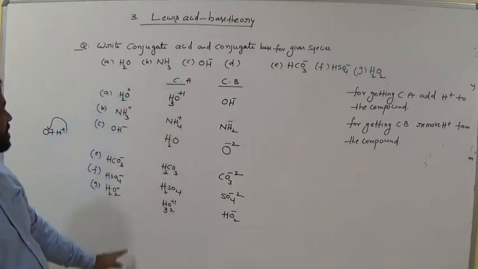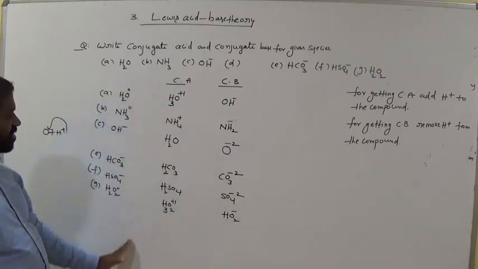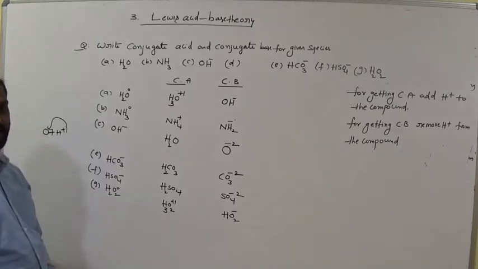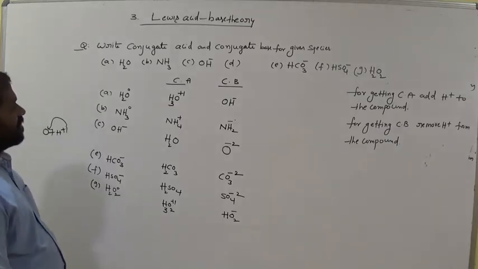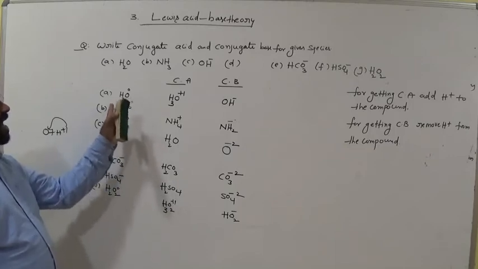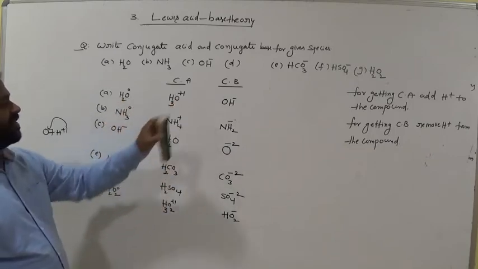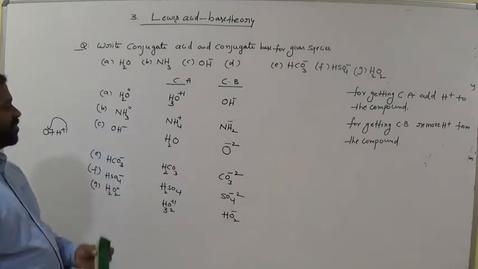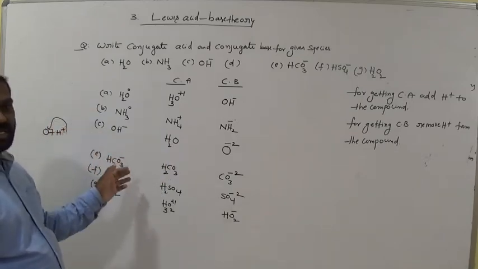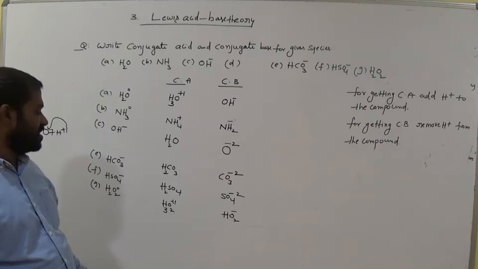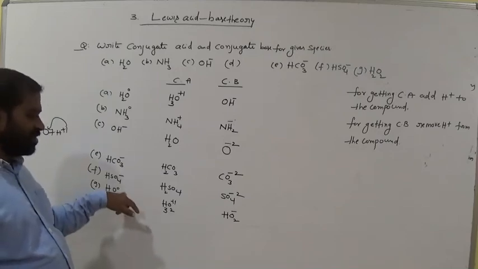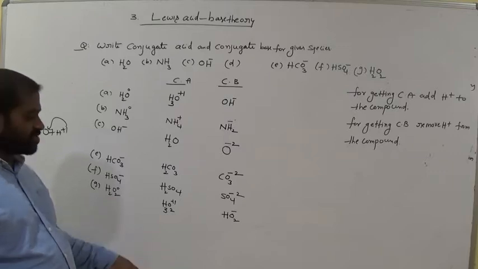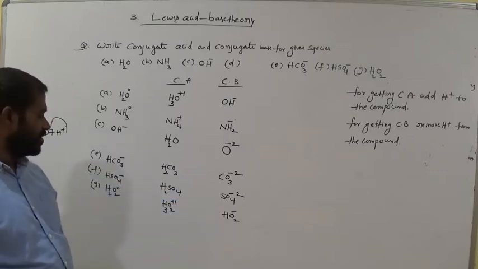So the conjugate acids and conjugate bases of these compounds are these. Is it clear, ma'am, all of you? For H2O, add H plus, then it becomes H3O plus 1. For the conjugate base, we remove H plus. Remove H plus means to maintain the charges, we add 1 minus. Suppose it is 0, am I right? When we remove H plus, we add 1 minus. 0 minus 1, how much? Minus 1. Okay, is it clear?